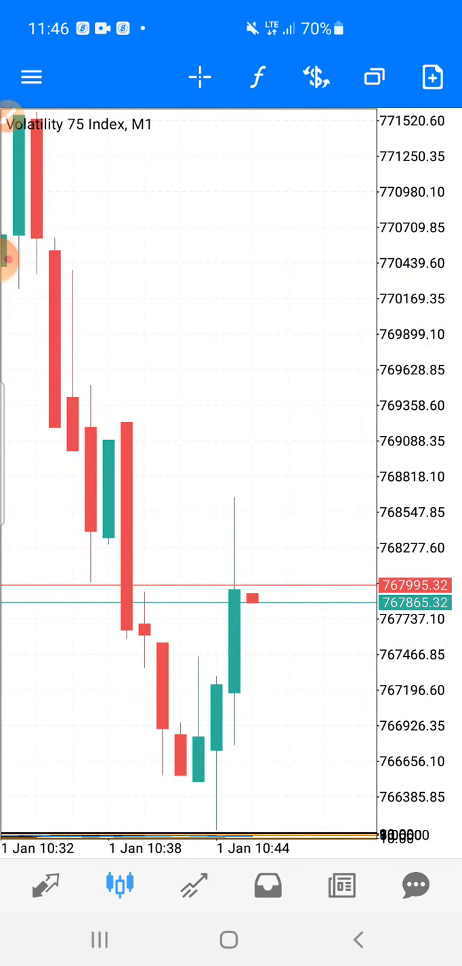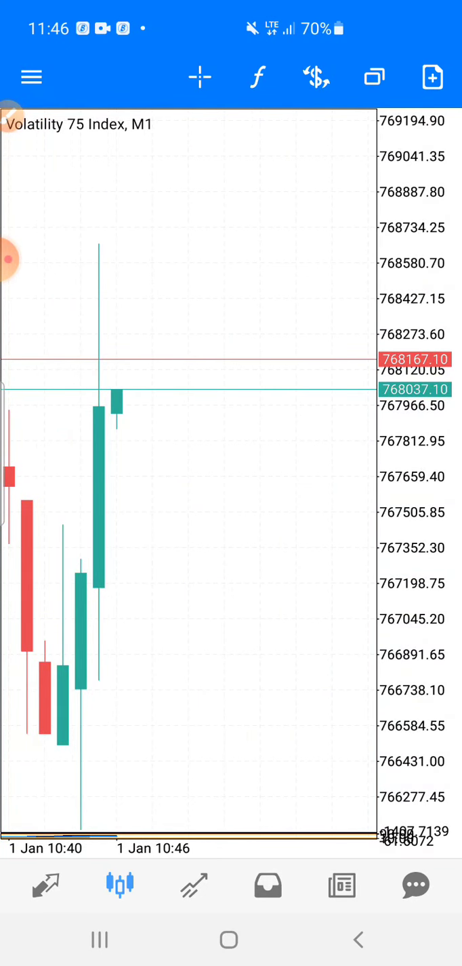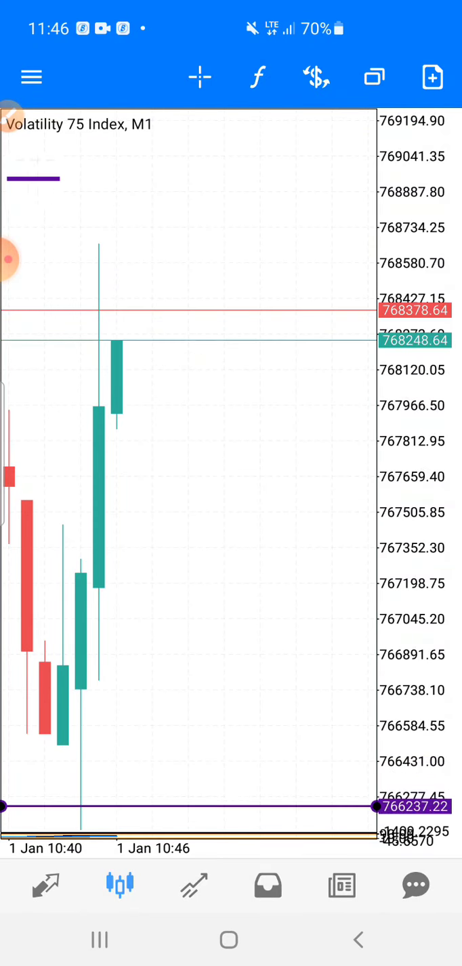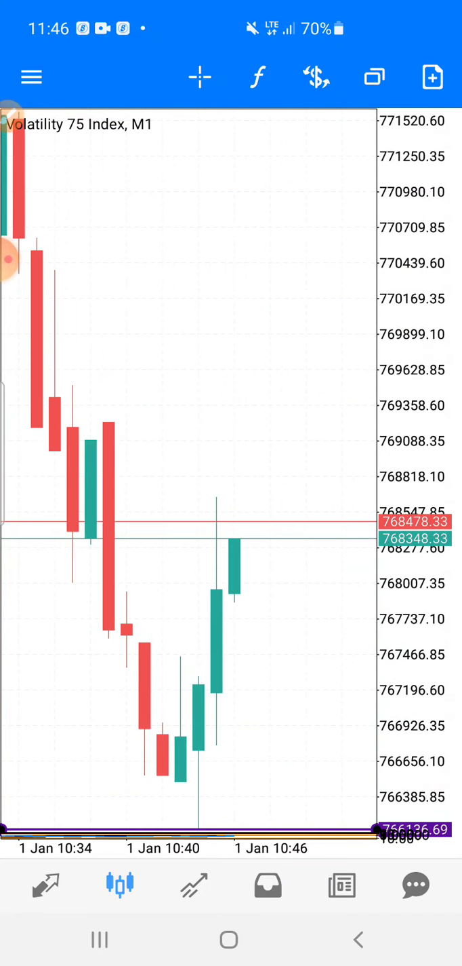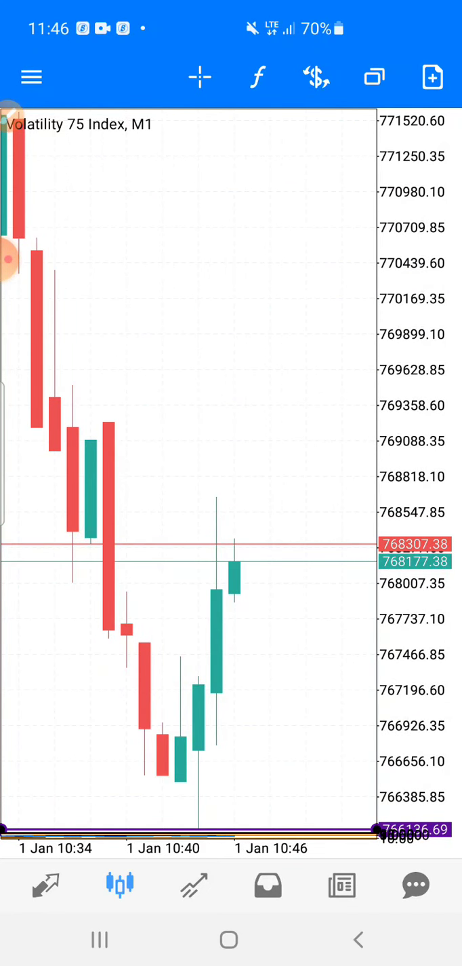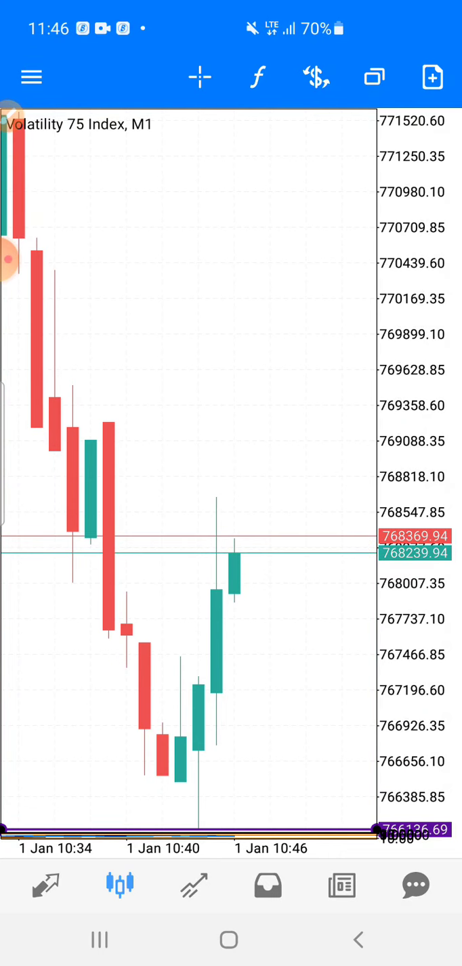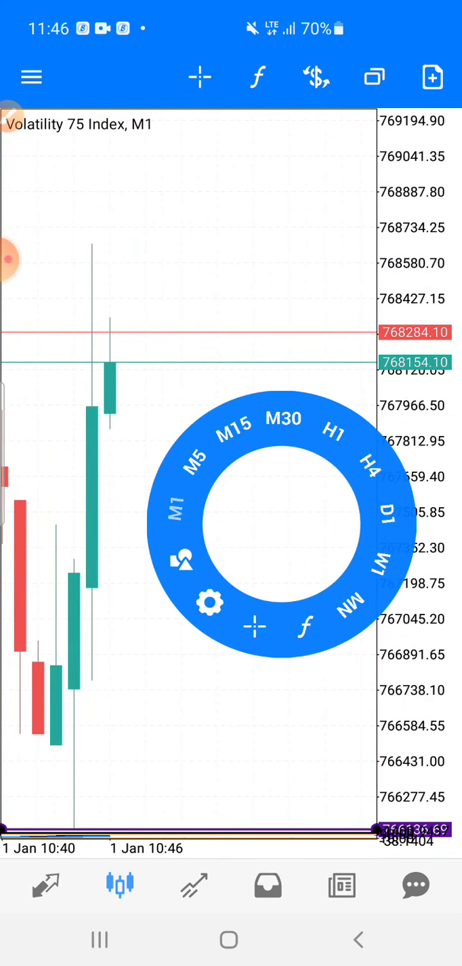If I want to shift my stop loss, I will shift my stop loss to this level, the previous swing low, so that even if anything should happen, I'm not losing out of this trade. And that is exactly what I will do. So I will shift my stop loss to